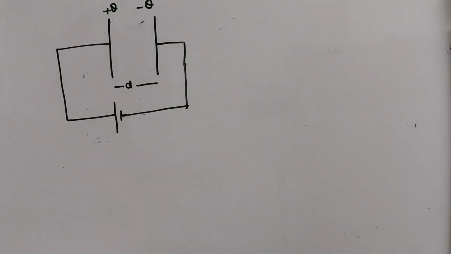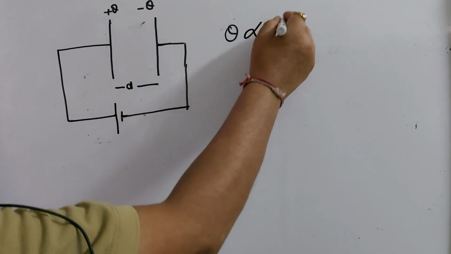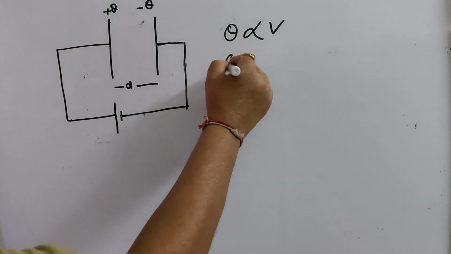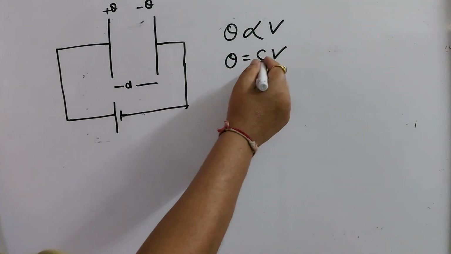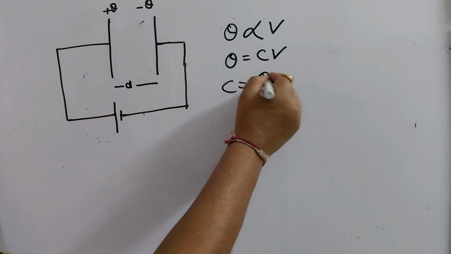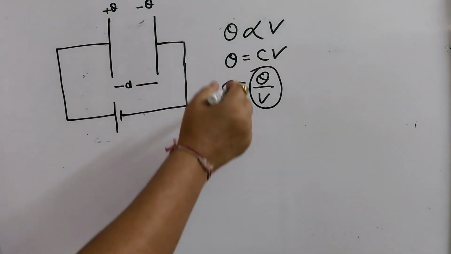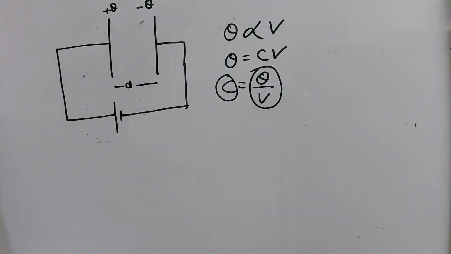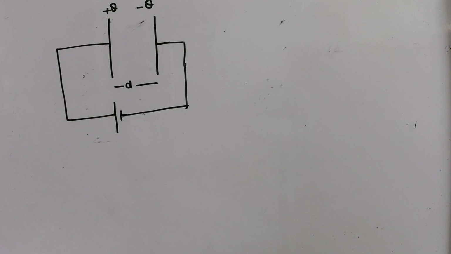Now we have already studied that q is proportional to V in the case of any type of capacitor, and q is equal to CV. In most cases, if we have to find the capacitance, we can simply say it is the ratio of q and V. If we are able to find the ratio of q and V, it means we can find the capacitance of any type of capacitor. In a parallel plate capacitor, the potential difference between the plates can be calculated by using the concept of the electric field between the plates.